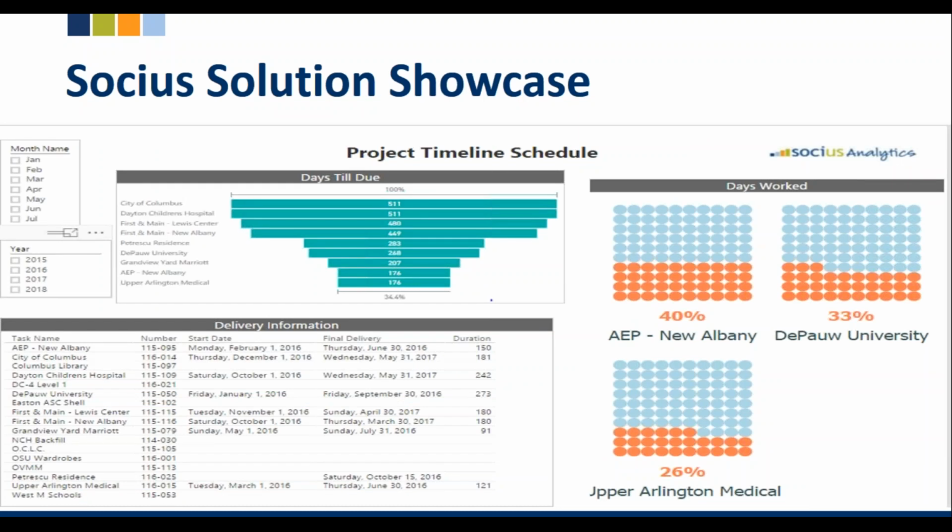We have a few custom visuals on this page, and we're able to see, if we have 10 projects, how are they going? How are they developing? You can see that they're 33% done, they have this many days till due, as well as some basic delivery information. So this might be applicable to a project manager, maybe even on a construction site, anything like that. No matter what kind of project, that's the kind of visual we'd like to show on a mobile,